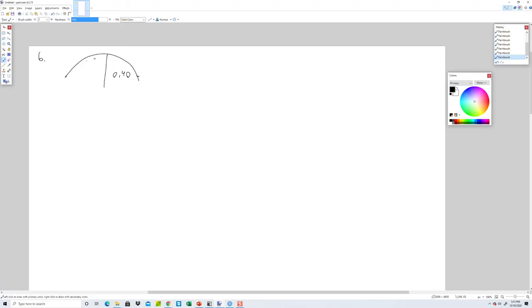Well, all of this adds up to 100%. So if you got 40% over here, you're going to have 60% over here. Now we're still trying to find this value right here. And we have to look at the area to the left of that. The area to the left of that is 0.60. So, looking in our table,